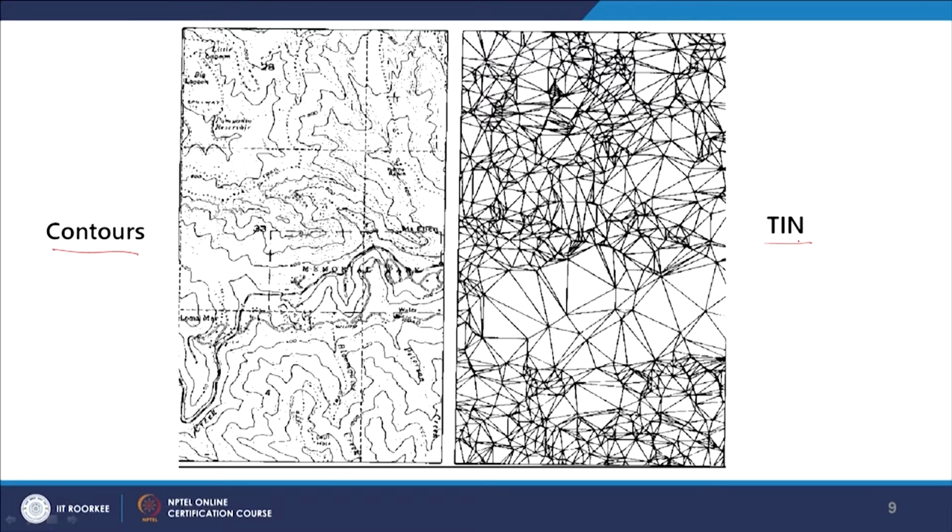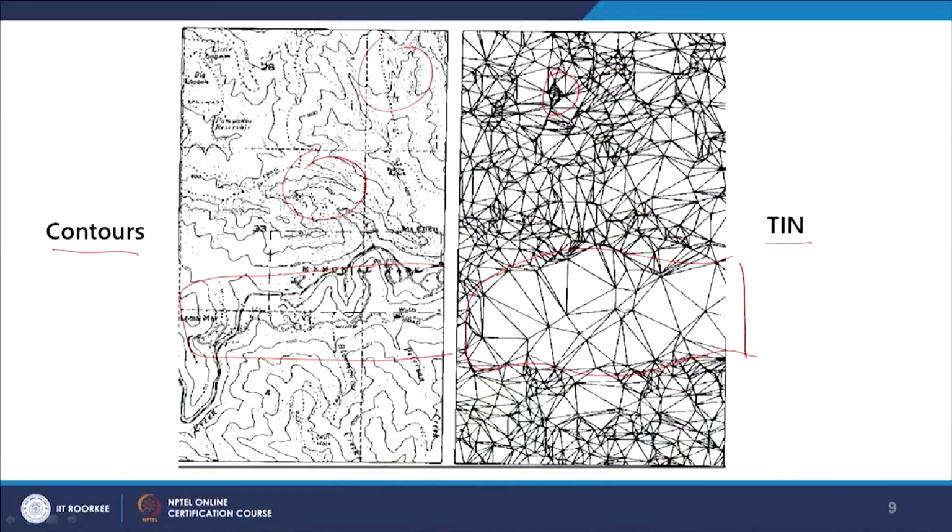Now when the TIN is created, as you can see in this part, especially in this part, larger triangles are formed. Because if you see carefully, here in this part the contours have quite a large distance as compared to other parts, which have dense contours. So the more the distance between contours having the same interval system as in other parts, the larger triangles will be formed, or smaller triangles otherwise. So here you can see very dense triangles have been formed, meaning smaller triangles, because this TIN,